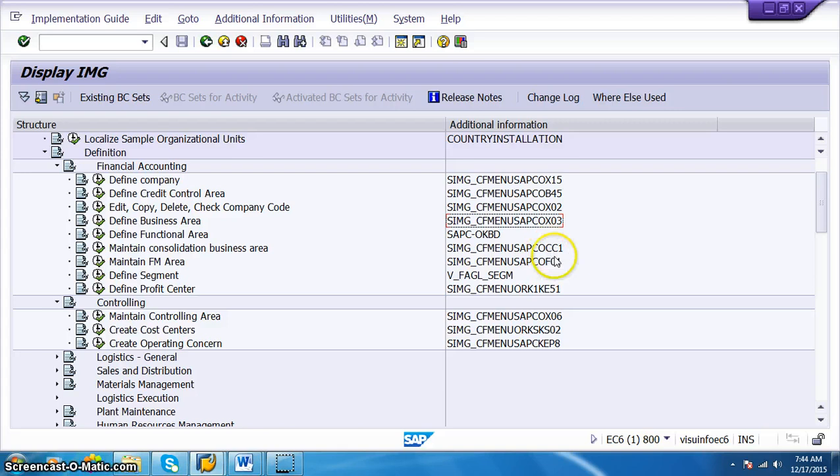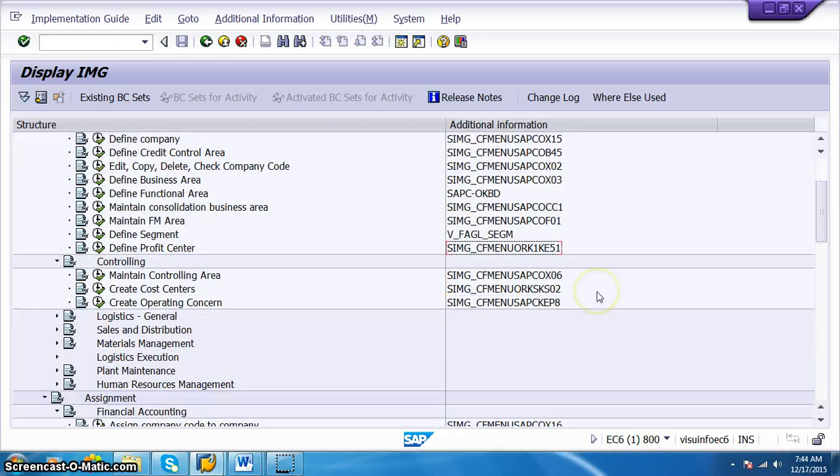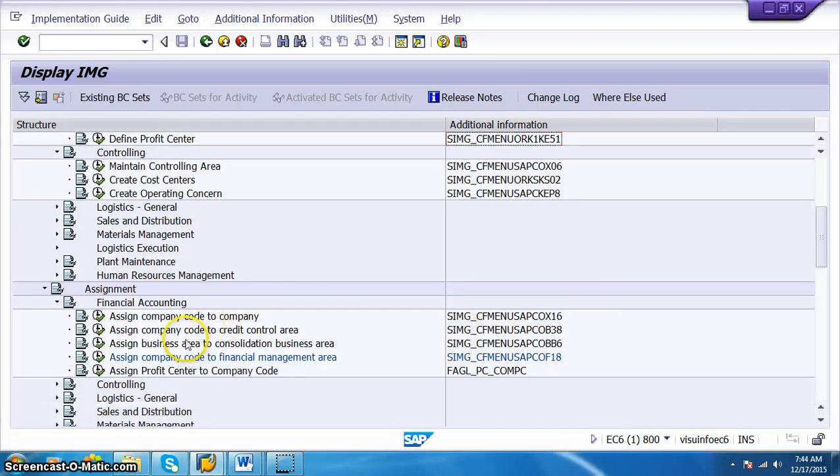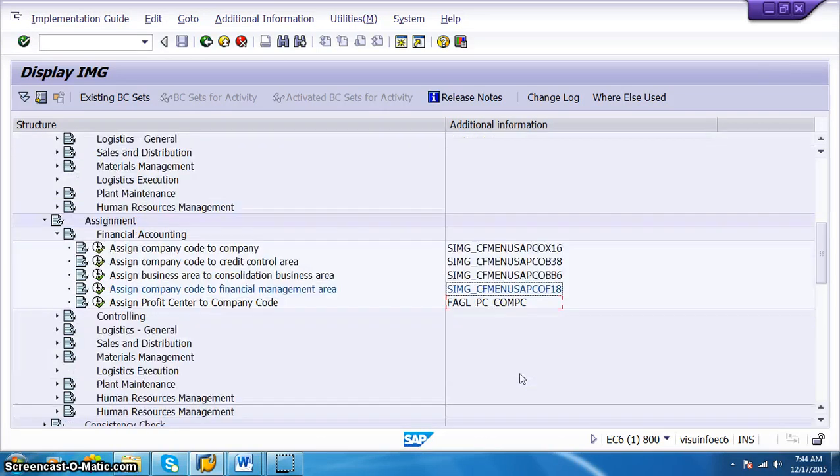Business consolidation area is OCC1. Maintain functional management area OF01. Profit center, we have not done that, we'll do it later in the controlling part. Then assigning company code to credit control area is OB38. Business area to consolidation area is OBB6, and company code to financial area is OF18.